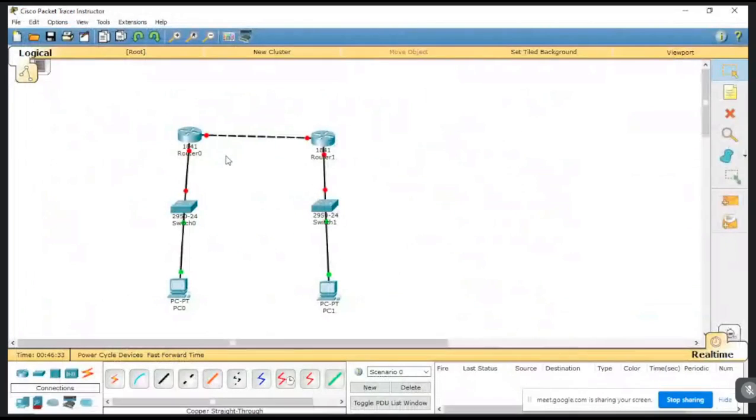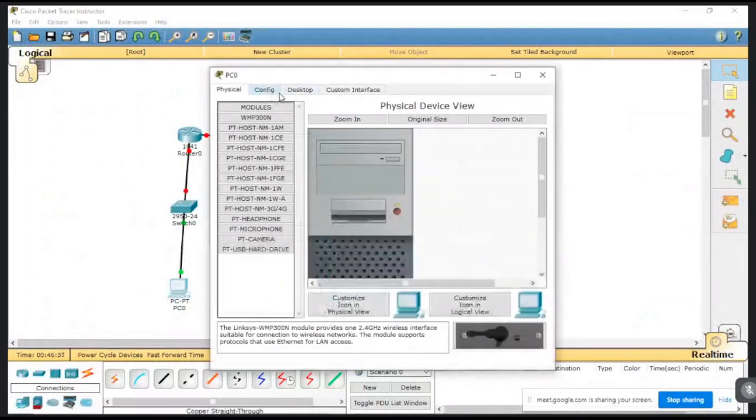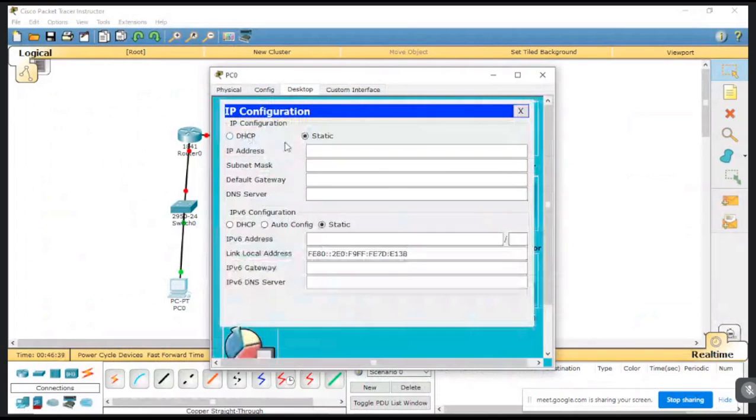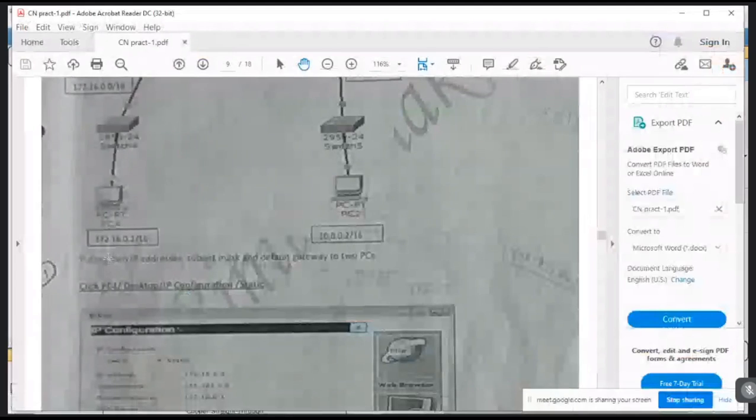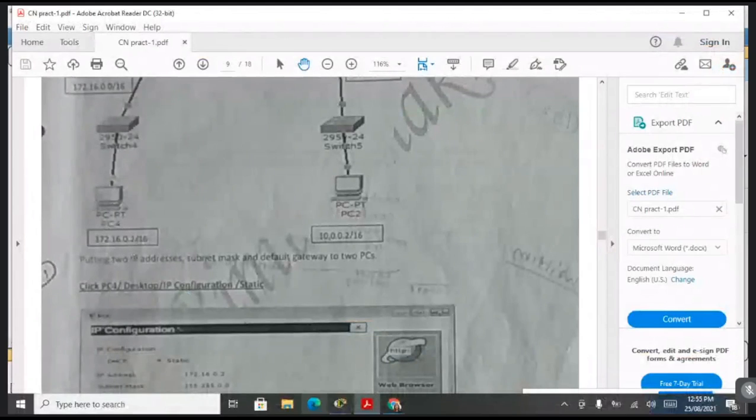So let's click on this, and you have to go to the desktop, IP configuration, static. Here you have to write 172.16.0.2. Just check whether the IP address is correct or not. 172.16.0.2. 16, not 168.